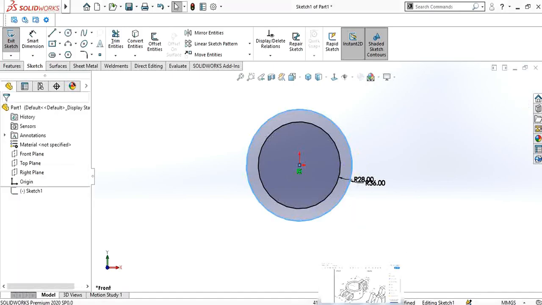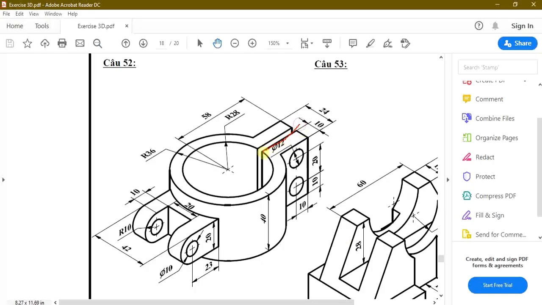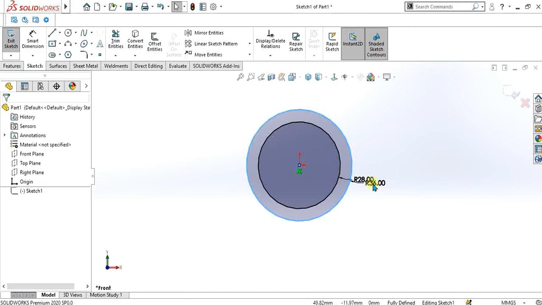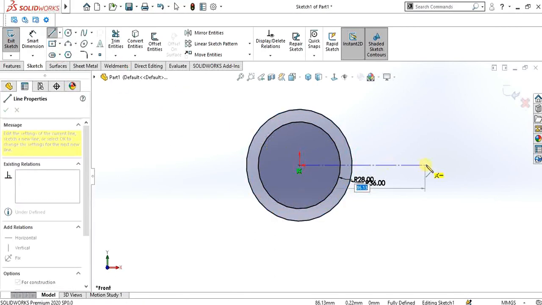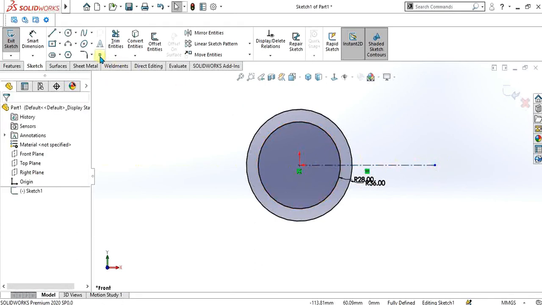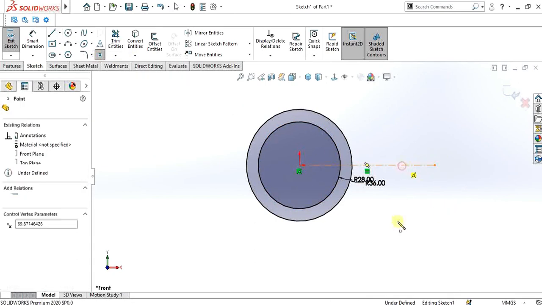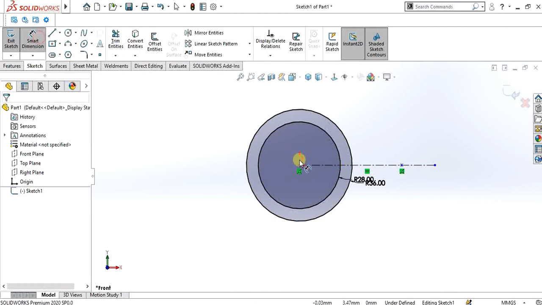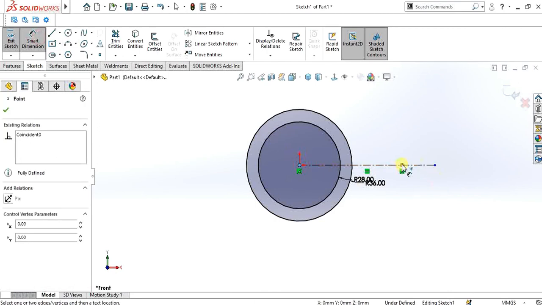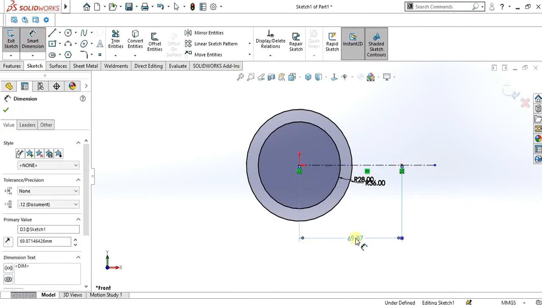Now we have to make this rectangular shape. For that, we will make a center line, and we know the total distance vertically and horizontally. First of all, make the center line like this and make the vertical dimension of 58 from this center point to this reference point.